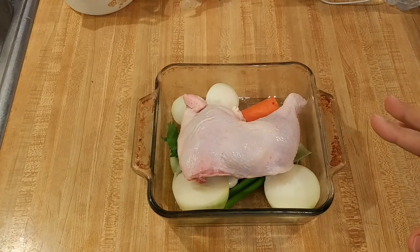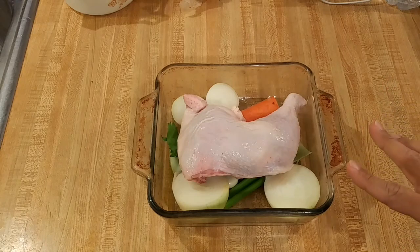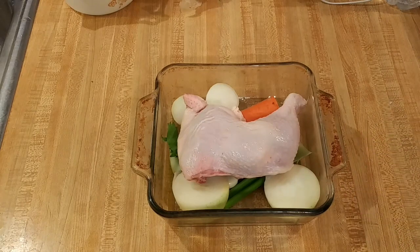If you're doing a light stock, all you have to do is just boil this all together and it's perfectly fine. But I like more flavor, so I first have to brown the meat and the vegetables a bit and then boil them. The original recipe I found on the Kitchen Conundrums YouTube channel, but I modified it a bit